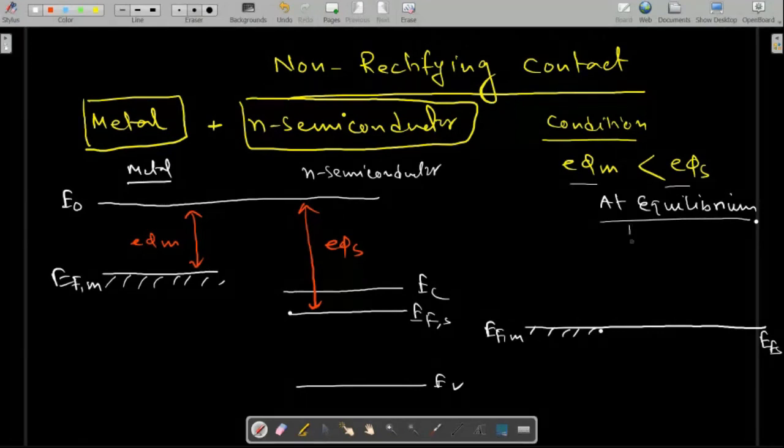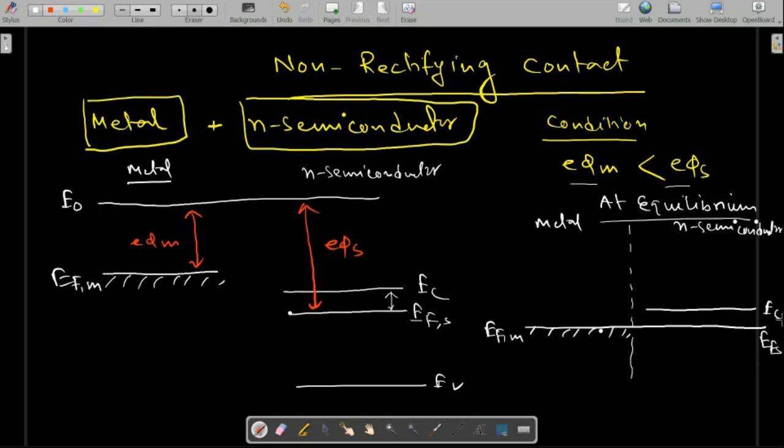Okay. And let this one be the junction region. This is the metal side. The Fermi level of the semiconductor, this is metal. And this is the N-type semiconductor. Since the Fermi level of the semiconductor is here, we can see the conduction band position will be here. Just see the difference is this much. So the conduction band will be here and the valence band will typically be here, EV. Okay. So this is the band diagram.